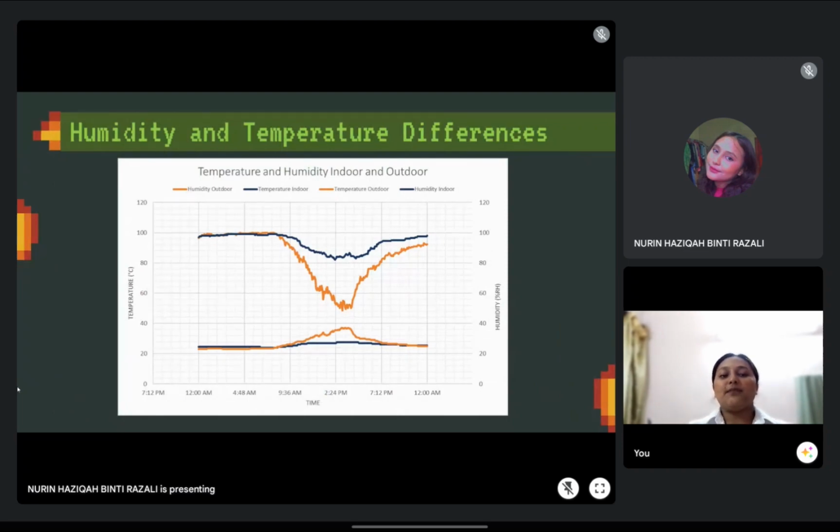First of all, it is important for us to know the difference of humidity and temperature in tropical and room conditions. This graph shows the difference of the humidity and the temperature of both conditions. The maximum tropical temperature in College Ungku Umar, which is the place where the weathering occurs, is 40 degrees Celsius, and the minimum temperature is 32.5 degrees Celsius. While the temperature in the laboratory, which is the room temperature, has a maximum and minimum of 29 and 17.5